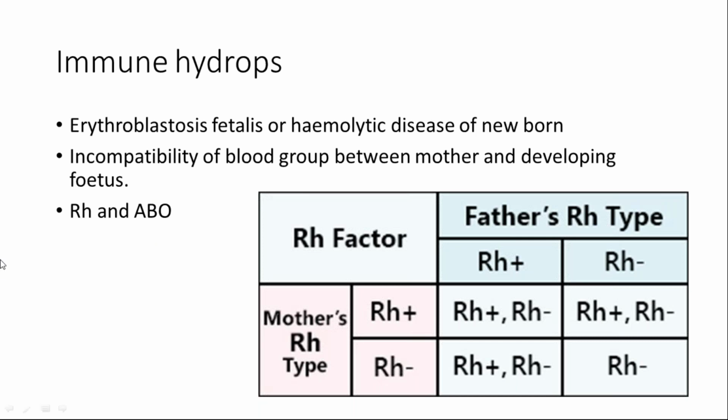So for this we have to administer RH antibodies. After the delivery of the first pregnancy, we have to give RH immunoglobulin containing anti-D antibodies to the mother. So when the mother's group is RH negative and the father's group is RH positive, irrespective of this disease, after the first delivery, we have to administer RH immunoglobulin antibodies to the mother.